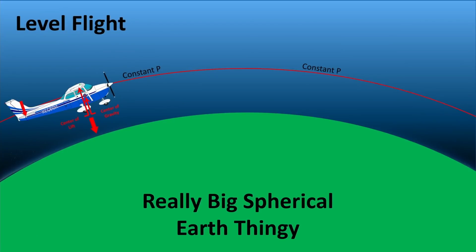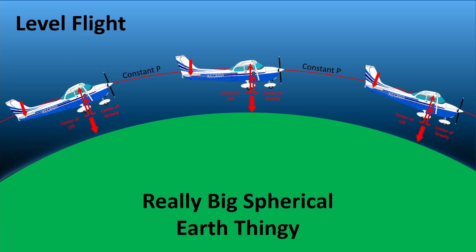And every pilot does know that, Brian. Every pilot knows that the airplane is flying at a constant altitude if it's in level flight. And in level flight, the pressure of the atmosphere and the density of the atmosphere is relatively constant. The aircraft is always referenced to the gravity vector. That keeps the angle of attack the same no matter where you are over the top of that really big spherical Earth thingy. And the aircraft simply follows that line of constant pressure right around the curve. It couldn't work any other way, Brian.